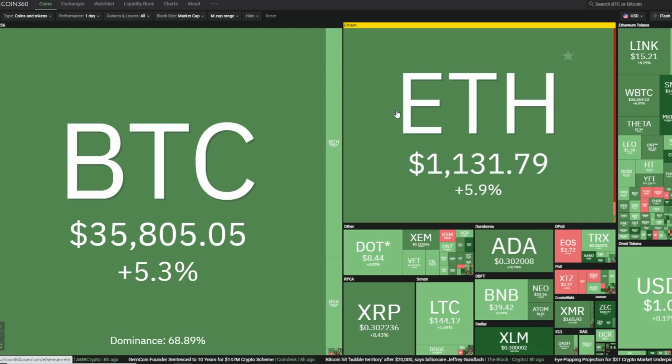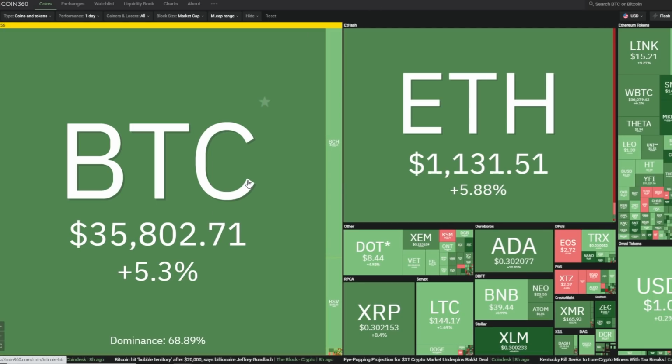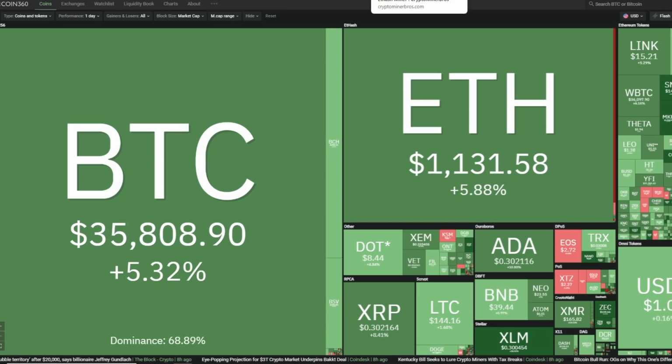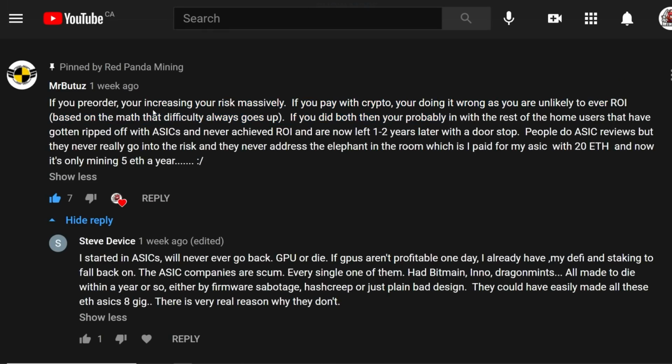you guys can see it's been going up for the past month or so, you're essentially losing out, because the amount of Bitcoin that you put in at the time, a couple months before, you're going to be losing that value. And essentially you could have gained more of the dollar value versus pre-ordering. So that's a risk that you're going to take, and that's why this comment here, this guy said, which I